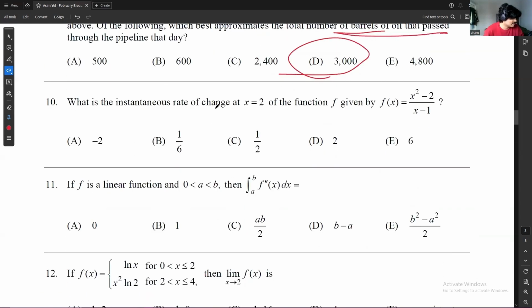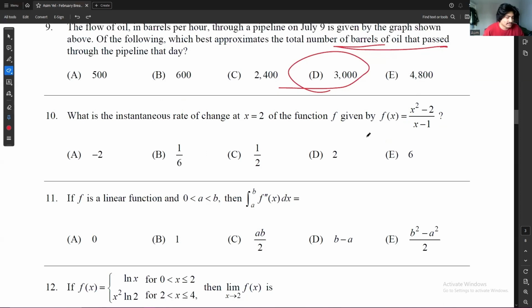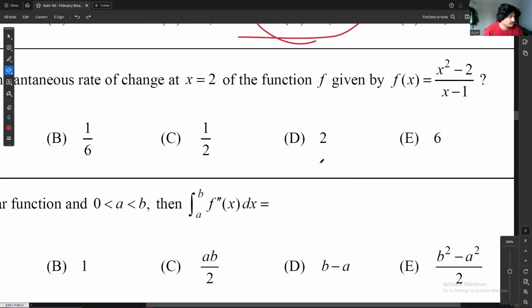What is the instantaneous rate of change at x equals 2 of the function f given by this function? So this type of question usually takes long because it's hard to take the derivative of things like this. It just takes a while. So first of all,